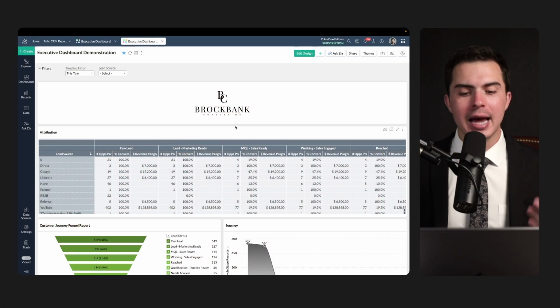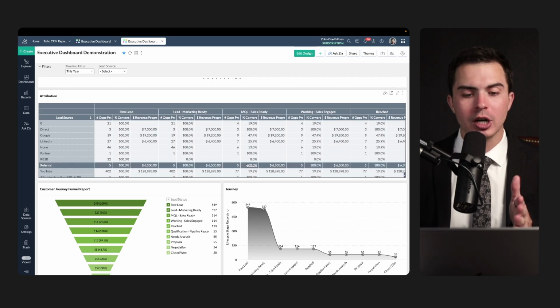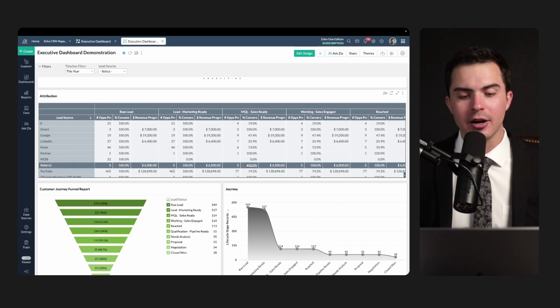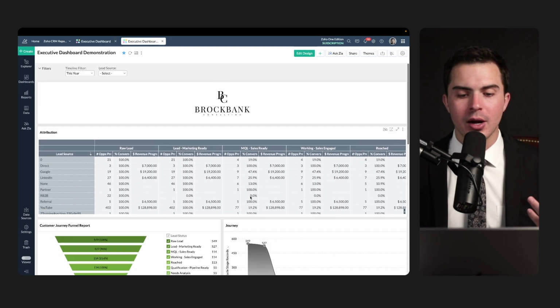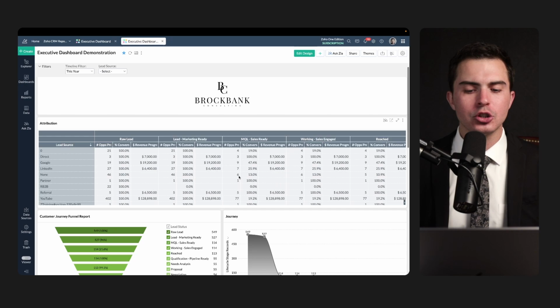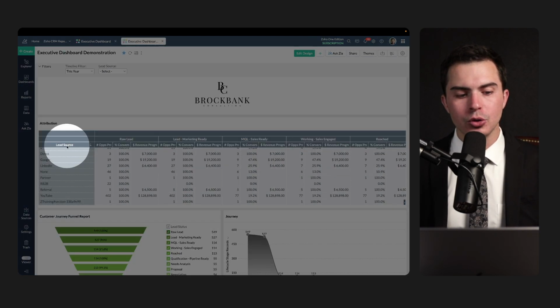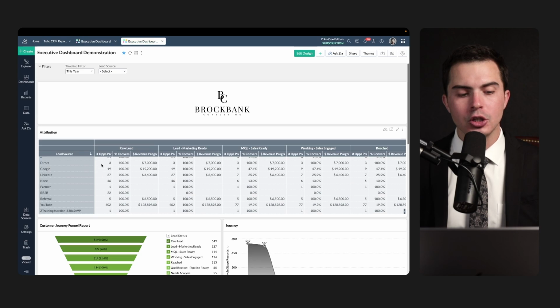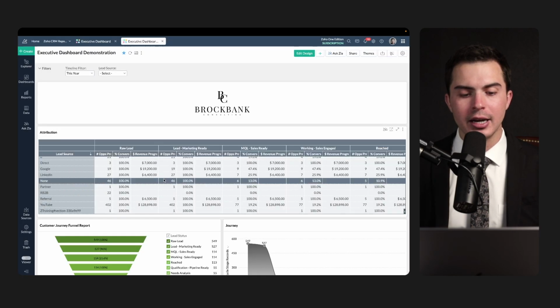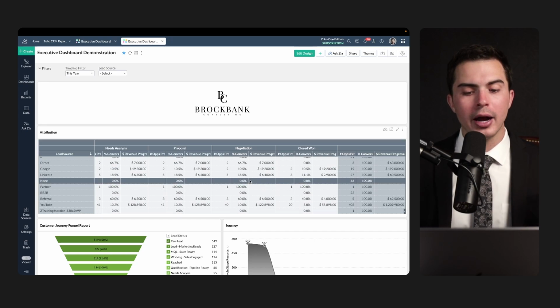Here is a dashboard created in Zoho Analytics to give you an idea, to show you the contrast between what you're able to do in Zoho CRM and what you're able to do in Zoho Analytics. These are reports that can't be produced inside of Zoho CRM. For example, here's an attribution report. Now, the only reason I was able to produce this report to show directly what lead sources were providing revenue for the organization, and then also to show you the trail of progression for every opportunity,